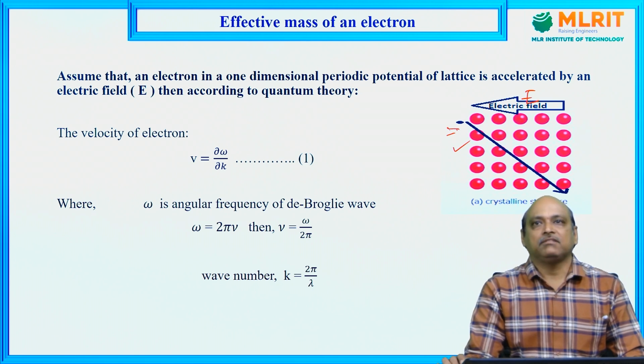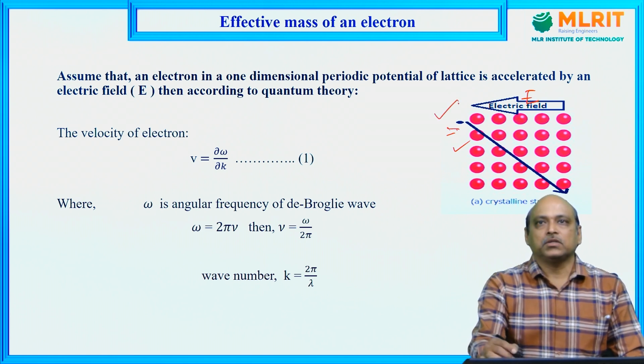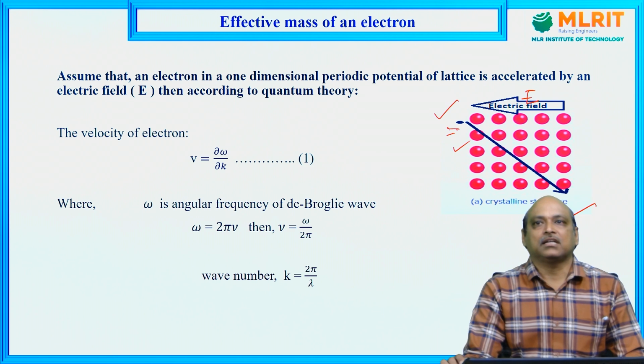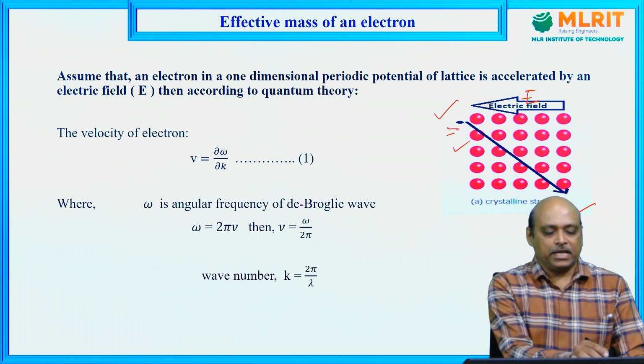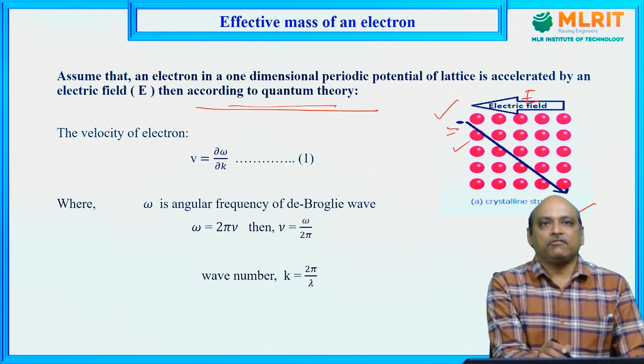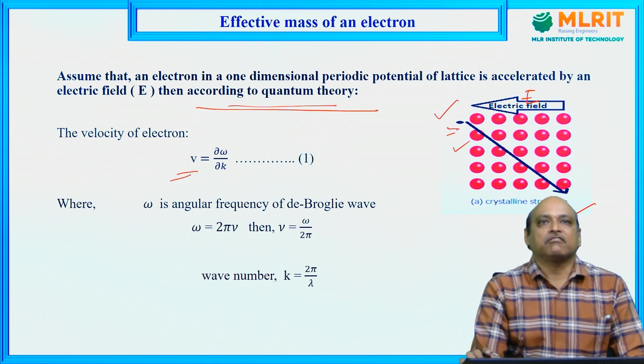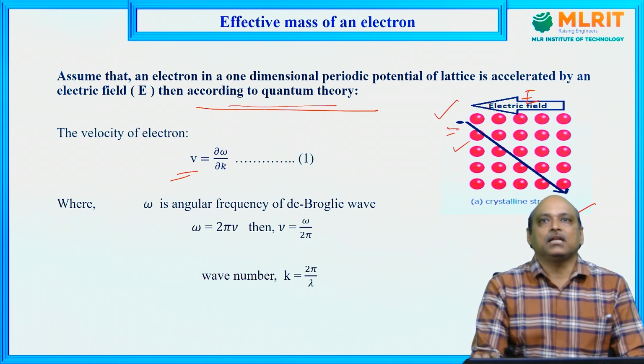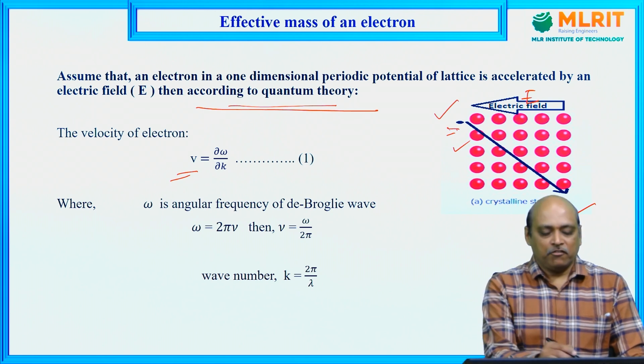Then, due to the drifting, that electron is going to be moved from one corner to another corner. It is nothing but the electron acquiring some velocity due to the applied electric field. Now, when the electron acquires some velocity, according to the quantum theory, the velocity that the electron acquires in a one-dimensional periodic potential lattice is V, equal